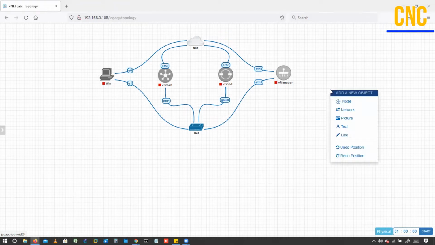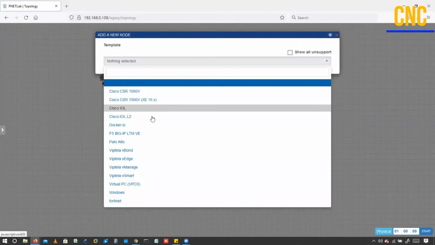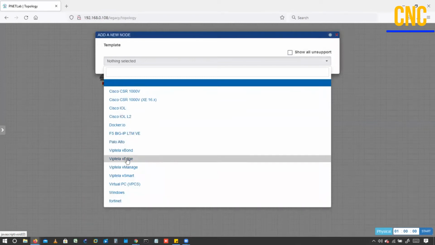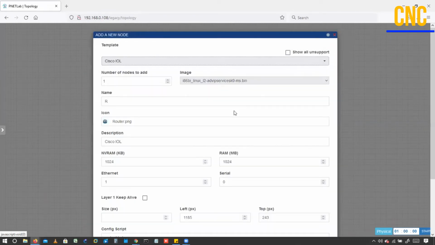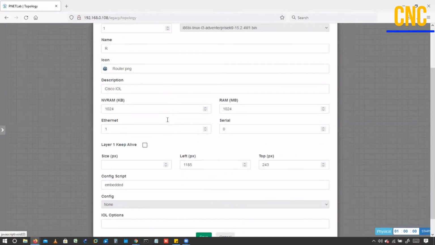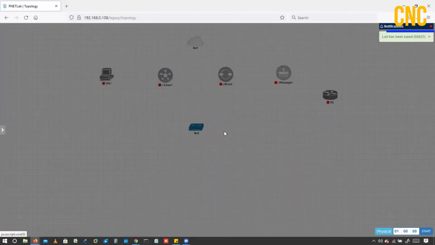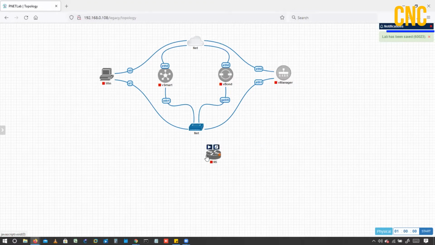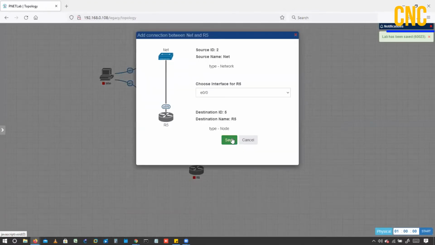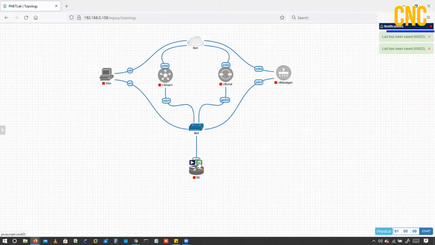Okay, so now let me add an edge router, through which they will communicate to the other side. A normal router. Ethernet, I'll take here 3. So 1 is towards these two controllers.